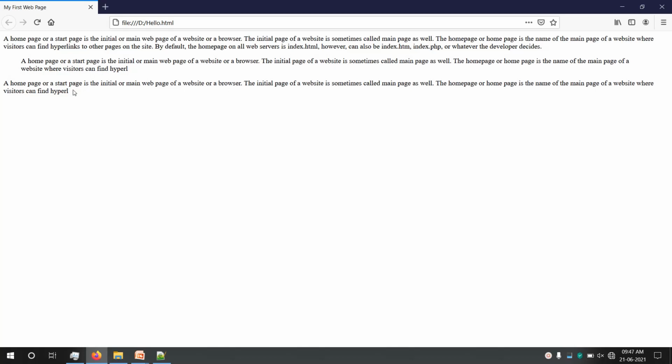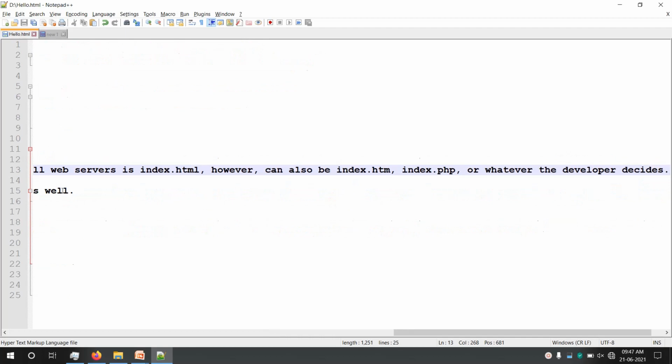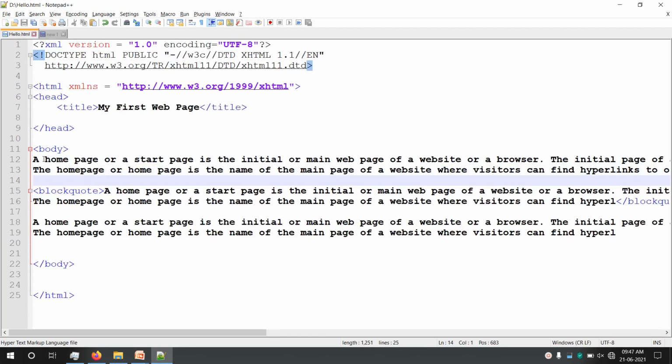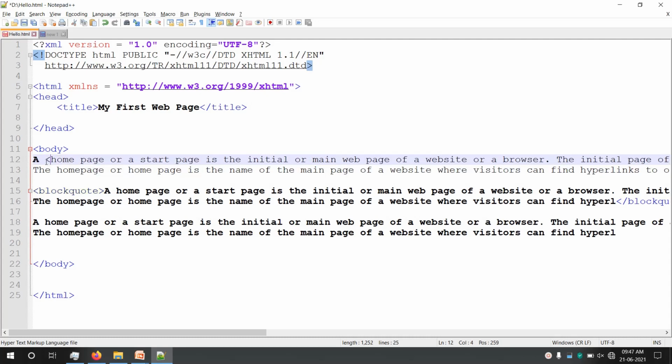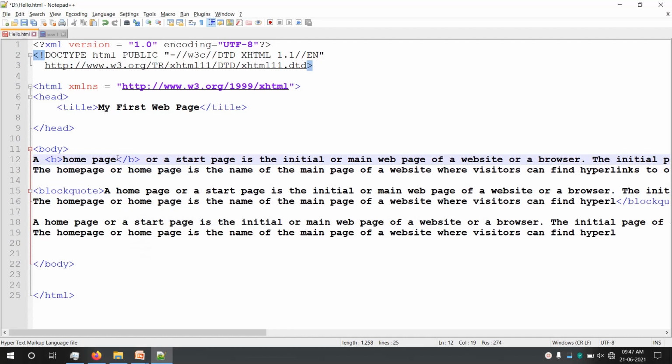Okay, apart from block quote, we have studied the font style tags, that is bold and italic. Now consider I want to make some text bold. Say the home page, I want to make it bold. What I can do is simply add a B tag before it, and close the B after home page.